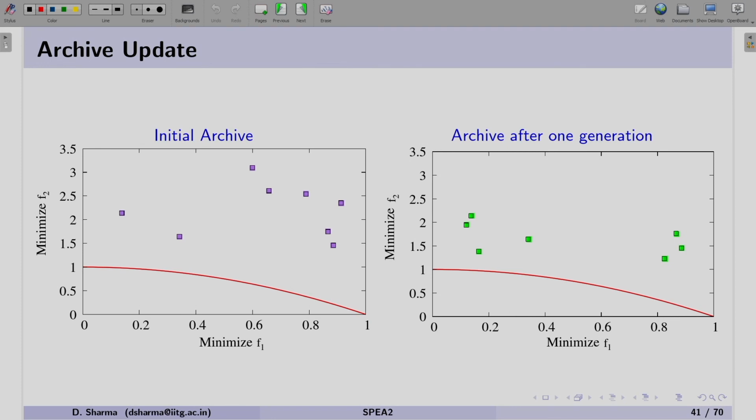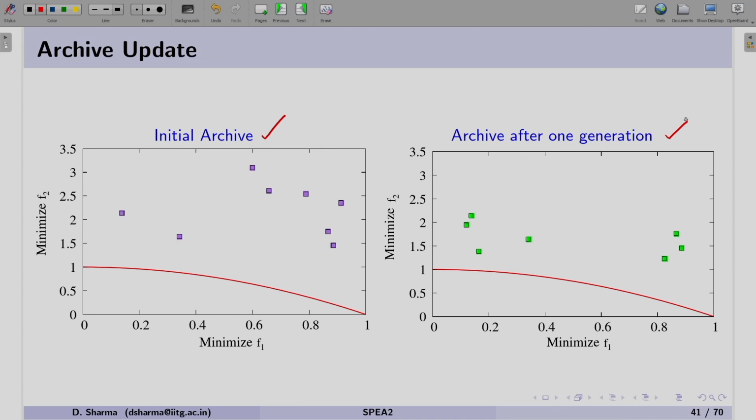If we look at the figure now, you can see that we started with the initial archive as shown in the left-hand side figure, and thereafter, after one generation, we can see the updated archive.